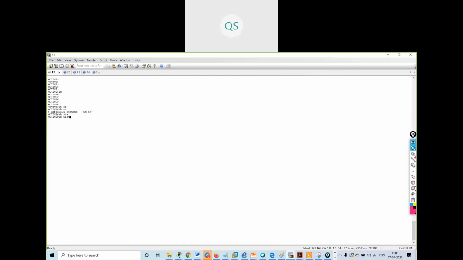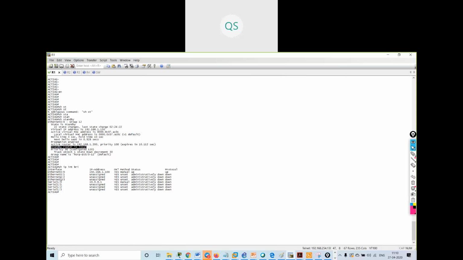The state is standby, so some interface might be down. Show IP interface brief. See, my serial interface is down. That is the reason it is showing me as the standby router.